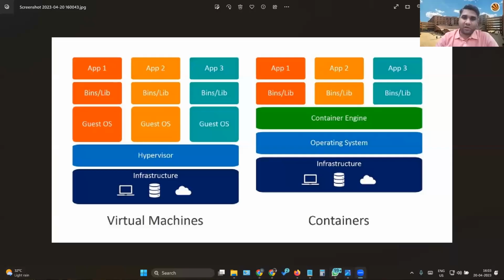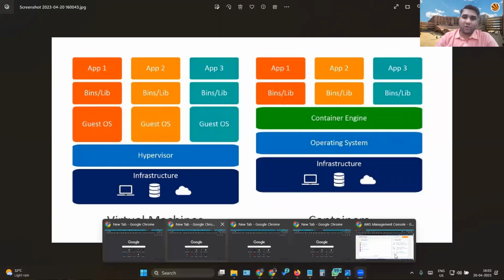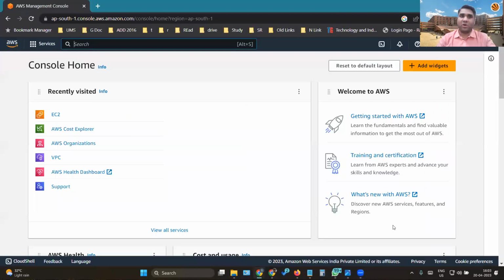What you will see right now is what we are going to do hands-on, the AWS console, which is the Amazon Web Services console. Here, we'll try to create an instance, which would be a computing instance through which we can do multiple things.